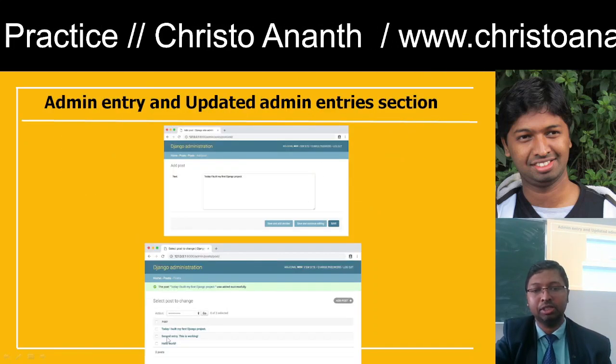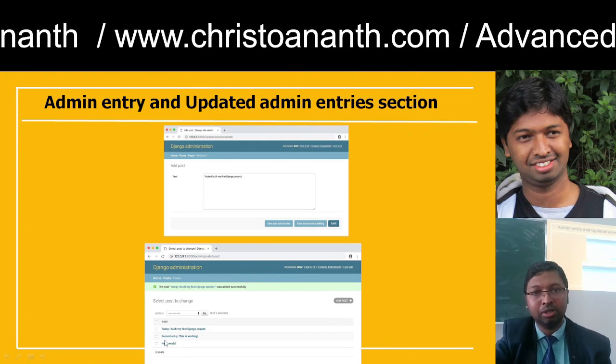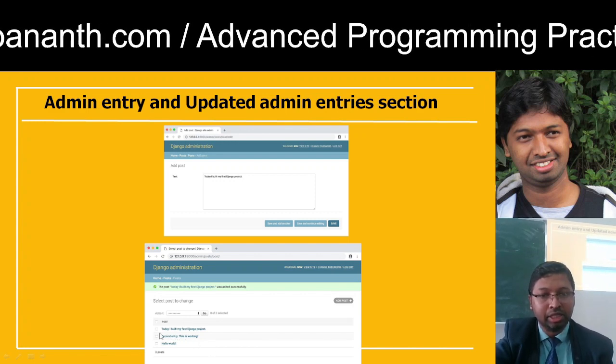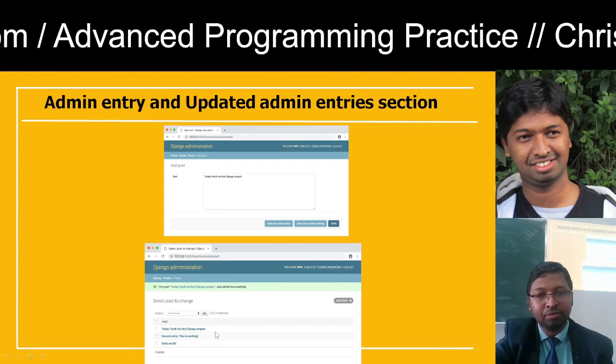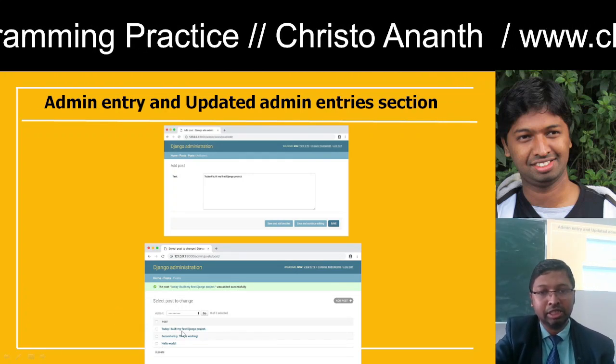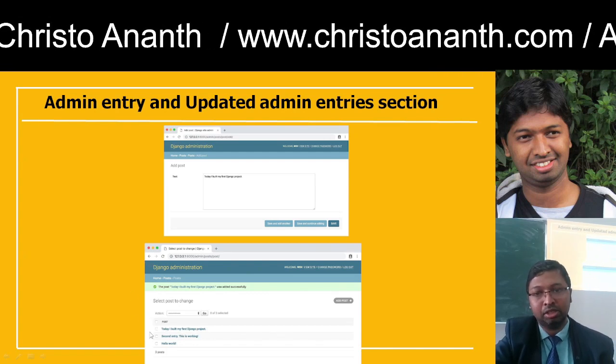So maybe if you can see, the first one is actually hello world, the second post is actually second entry, this is working, and the third post is nothing but today I built my first Django project. That was the third post. So if you can see in this page, first post, second post, third post, you can see all of this,